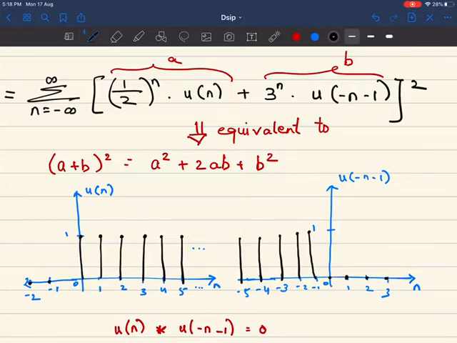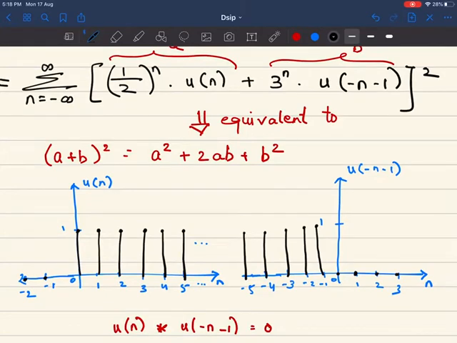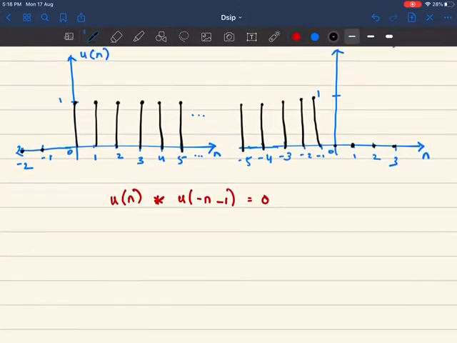Now, if you see, this is whole square and it is equivalent to (a plus b) the whole square, wherein the first term is a and the second term is b. Okay, now for (a plus b) the whole square, we will have the first term square plus 2 multiplied by the first term into second term, which is 2ab, and then the last term square. Okay. Now, let me tell you all about how to process the middle term first, that is 2ab. 2ab is nothing but this term multiplied by this term into 2, right. So, let me just write it down over here.